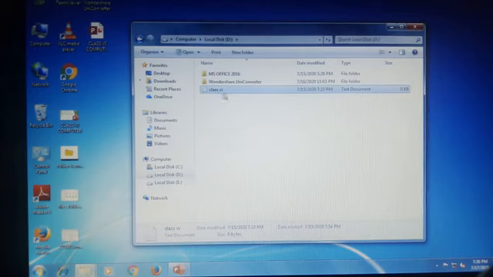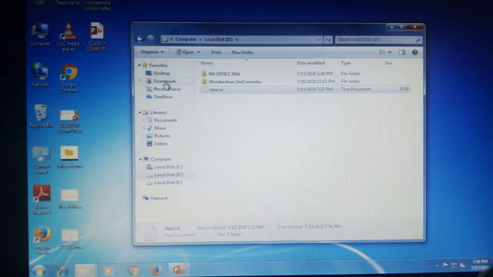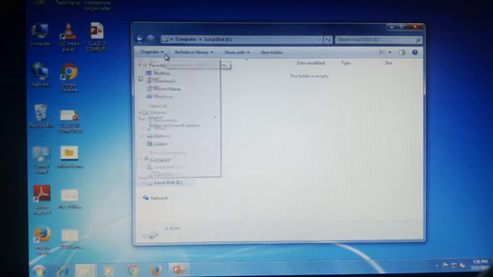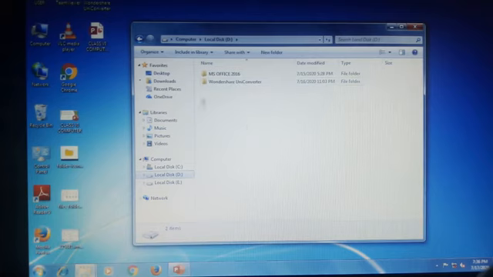How will I do it? First of all, select this file and click on the Organize button. Now click on the Cut option. Now go to the E drive. Then go to the Organize button and click the Paste option here. Now this file is present in the E drive, but it is no longer present in the D drive. That is the move option.